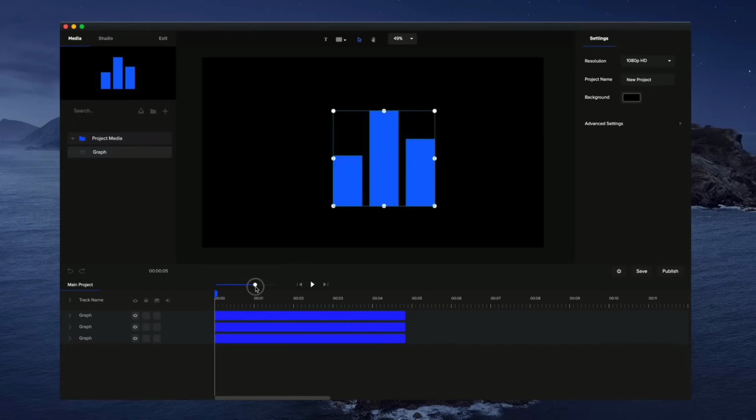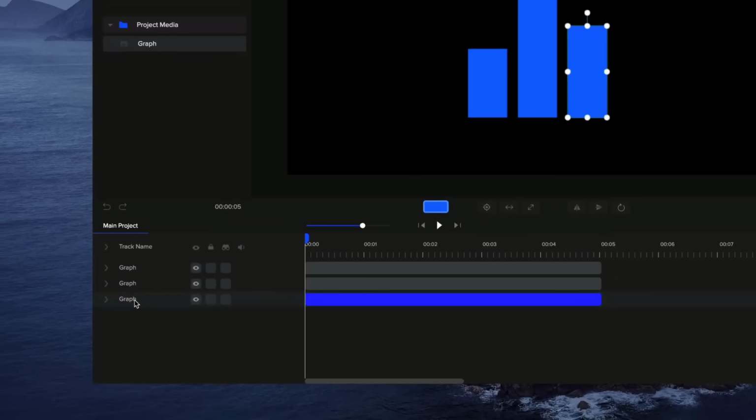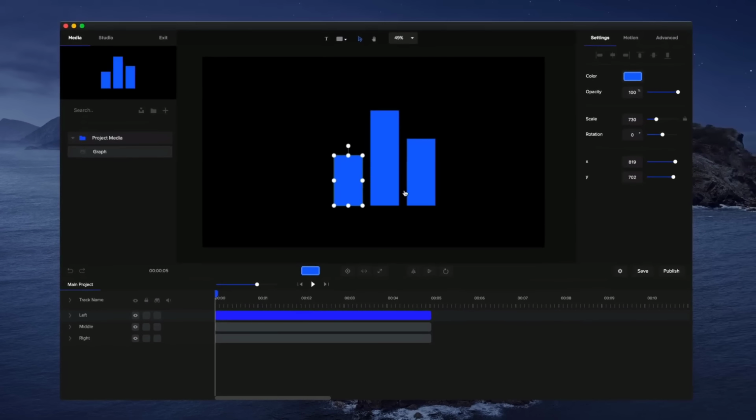Okay, so if I just zoom in over here, I can see my separate layers, and if you like, you can go through and rename them. So let's call this one right, this one called middle, and this one called left. Okay, so you can go through and see them over here. Now you can also go through and click on your